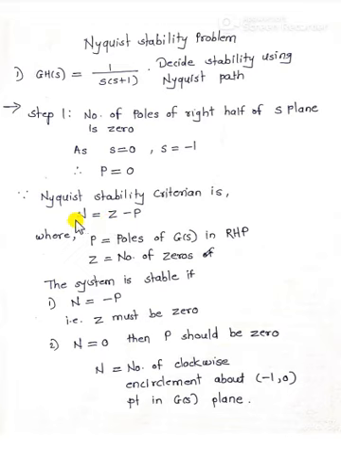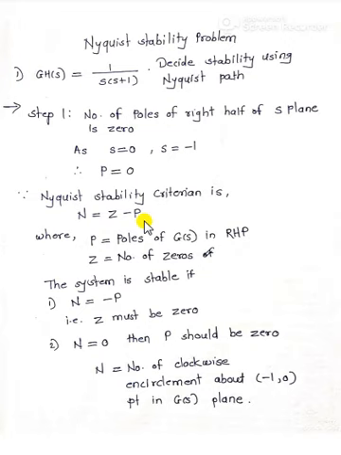Now I will explain what is actually the Nyquist stability criteria. Here I have written the Nyquist stability criteria. N = Z - P, where P stands for the poles of G(s) in the RHP, Z stands for the number of zeros, and N means the number of clockwise encirclements about the (-1, 0) point in the G(s) plane. So we have to find out what is N, what is Z, and what is P